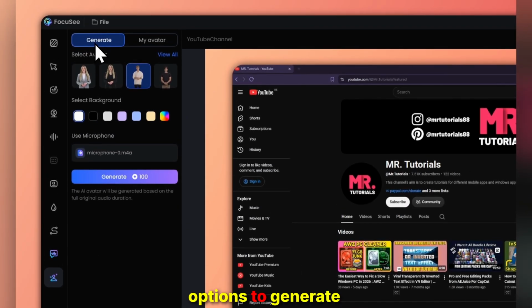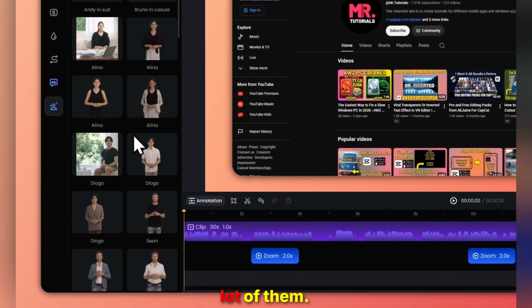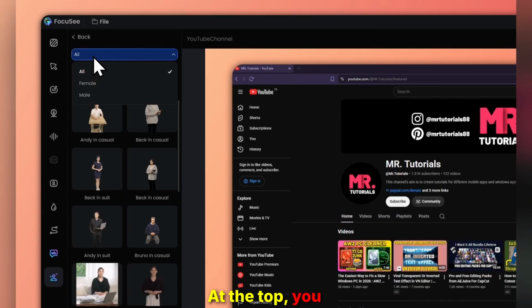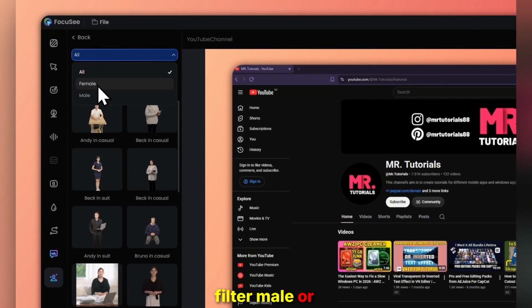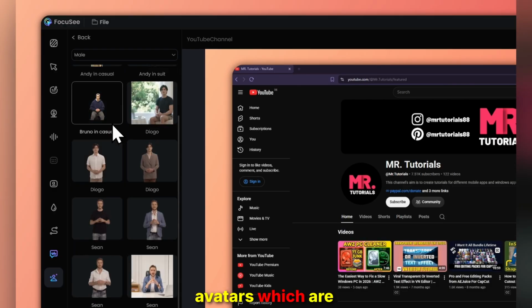Here you have options to generate an avatar. You can select different avatars from the list. There are a lot of them. Some are with the background, some of them are without the background. At the top you have option to filter male or female avatar. So I will just filter male avatar, and there you can see these are the avatars which are available inside